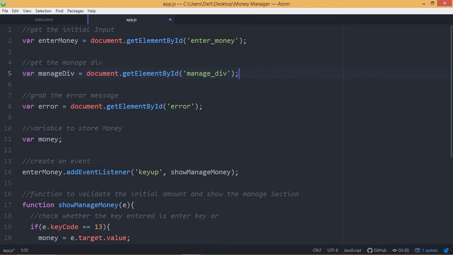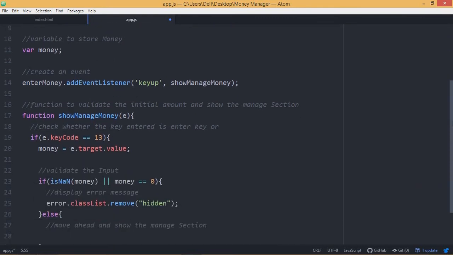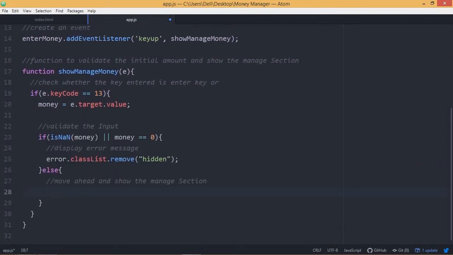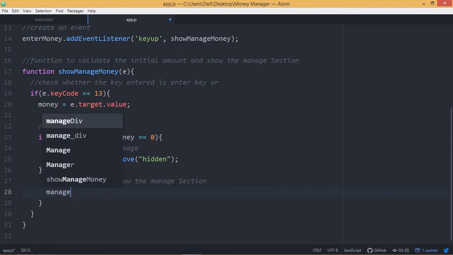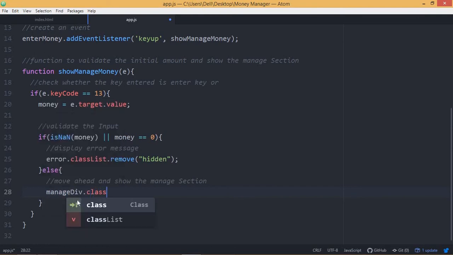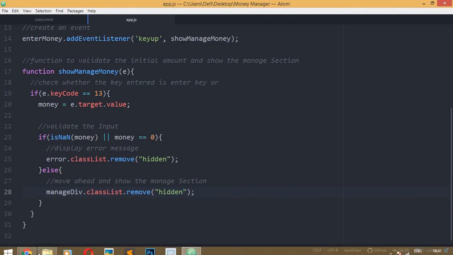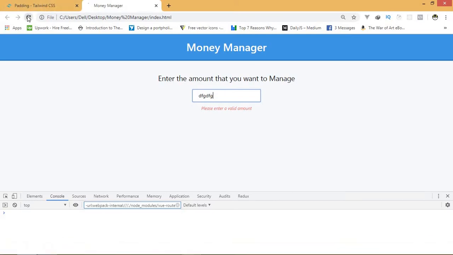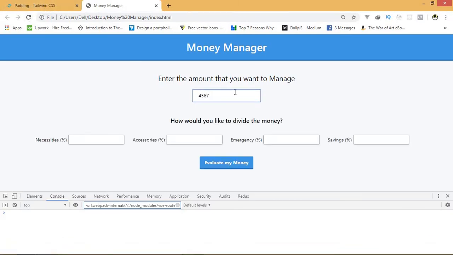And all I have to do here is actually remove the hidden class. So manage div dot class list dot remove, and inside the double quotes let's just write hidden, and that will actually remove the class. Okay, so let's try that out. Let's hit refresh, and let's just add a real amount this time, press enter, and now you have the manage